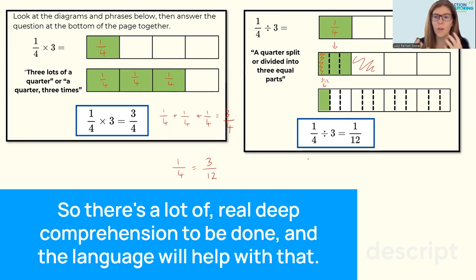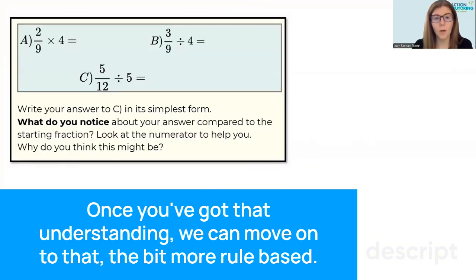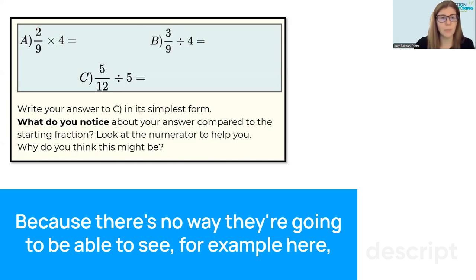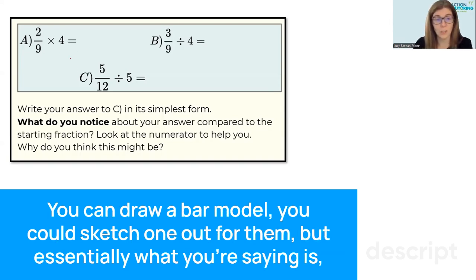So there's a lot of real deep comprehension to be done, and their language will help with that. Once you've got that understanding, we can move on to the bit more rule-based, because there's no way they're going to be able to see, for example, here that 2/9 times 4, they won't be able to visualize that as well. You can draw a bar model, you could sketch one out for them, but essentially what you're saying is